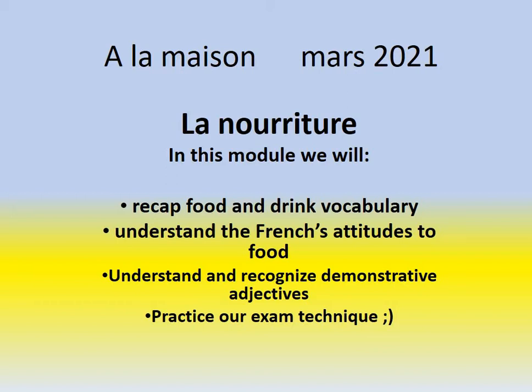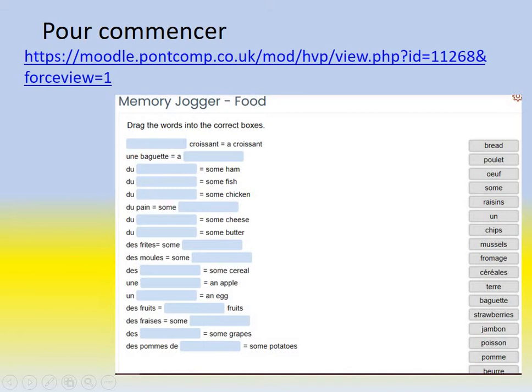Okay, so now that you're watching this video, hopefully you can see the task just before it. If not, you can click on this link and it will take you to the French Moodle page, where you will find the memory jogger activity. It's a very small, some would say basic, drag and drop activity. You saw a lot of this vocabulary for foods back in the original lockdown when you started your GCSE course. So all you need to do on Moodle is drag these words down the side into the appropriate place, and it will self-mark for you.